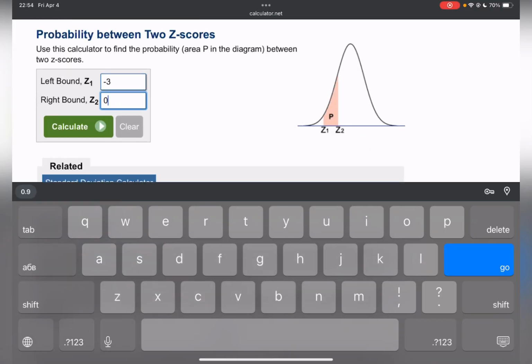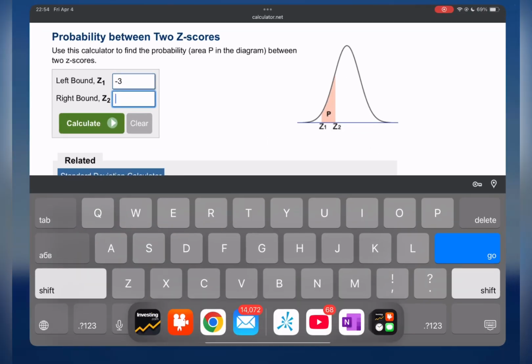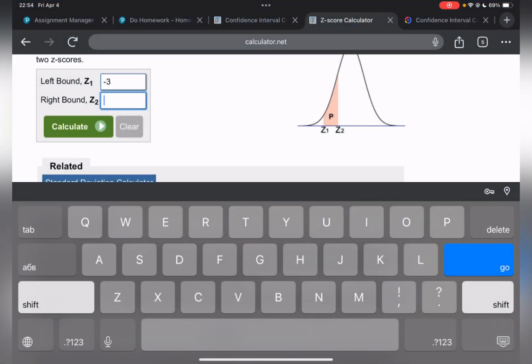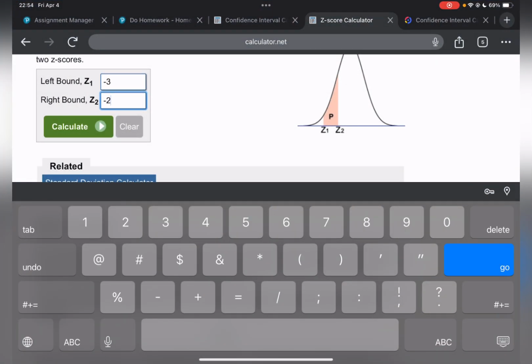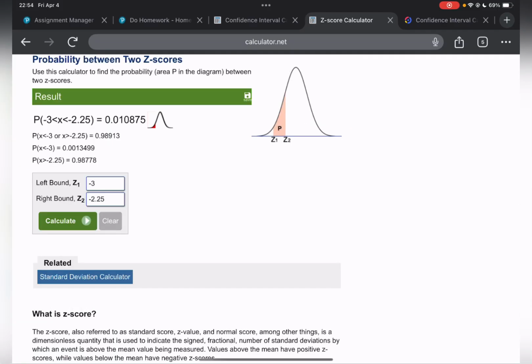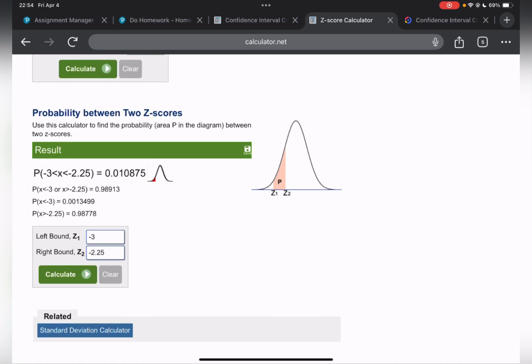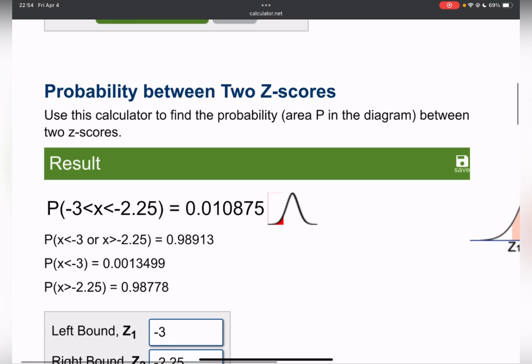And the other one was negative, what was that? Negative 2.25, okay. So here it is in between. You look, x is greater than negative 3 and less than negative 2.25. It's going to be, if I round,